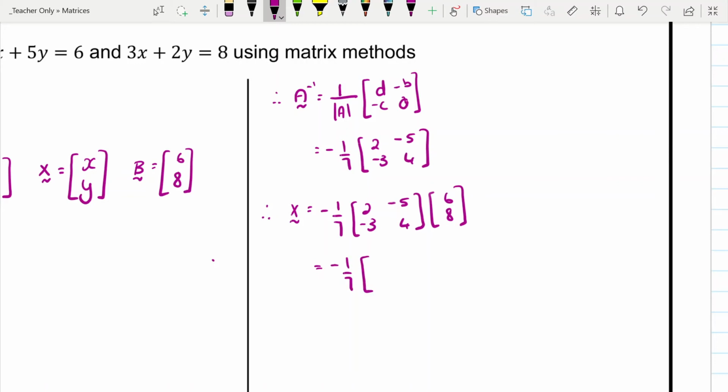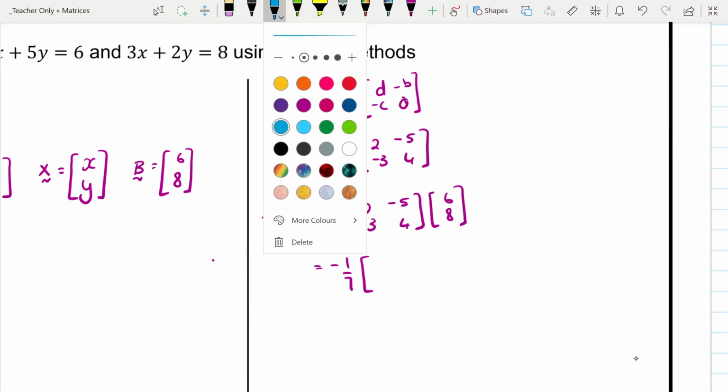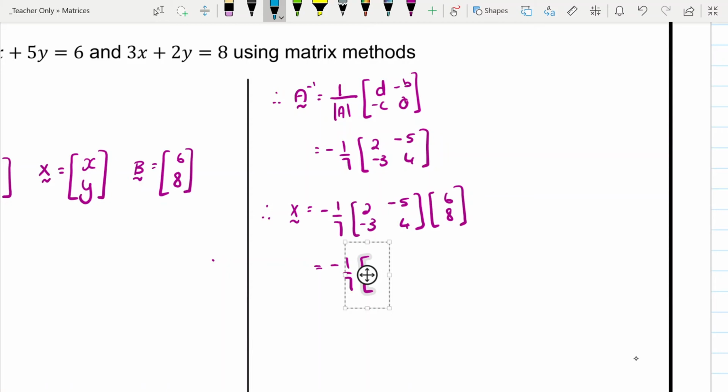Alright, so let's multiply. Before we multiply, we want to just double check that we have got the order correct. So this is a 2 by 2, that's a 2 by 1. Means that our answer is going to be a 2 by 1 matrix. Okay, so we're multiplying. We have 2 6s are 12, minus 5 8s, which are 40, and then negative 3 times 6, which is negative 18, plus 8 4s, which are 32,